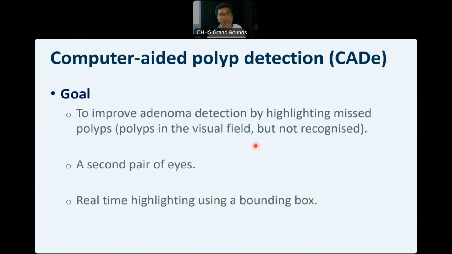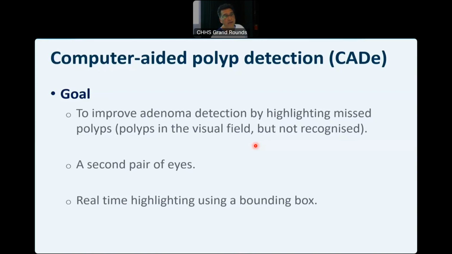One of the key quality indicators of colonoscopy, and I'm merely talking about colonoscopy, since the applications of AI within gastroenterology are now quite widespread, is polyp detection, or what we call adenoma detection rate. Every endoscopist has to have a minimum adenoma detection rate if they want to be certified as a colonoscopist. So one of the goals of what we call CADe, or computer-aided polyp detection, is to improve our adenoma detection rates by picking up polyps that may not have been visualized by the endoscopist in real time.